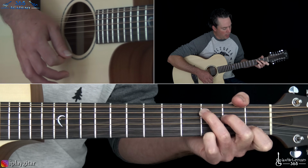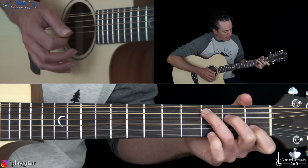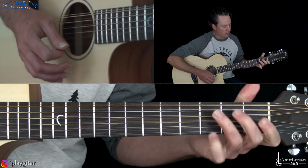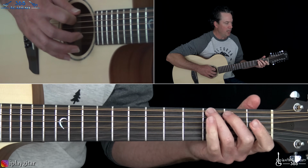And then you're gonna get back to the very last chord in the verse here. We're gonna play a C major chord, and we're gonna put the G on top. So just play a C major chord and add that third fret on the high E string. So from this G chord,